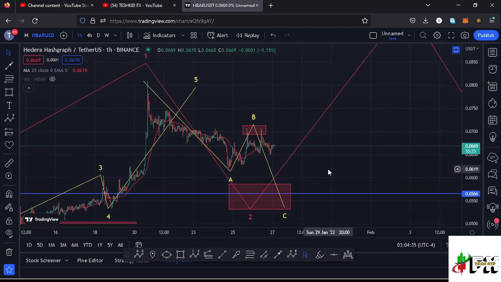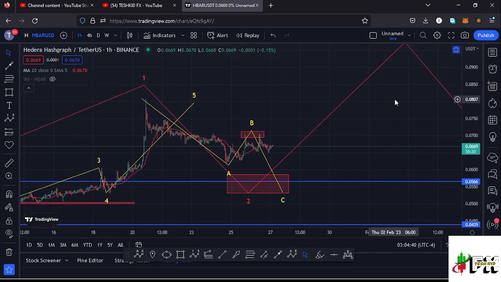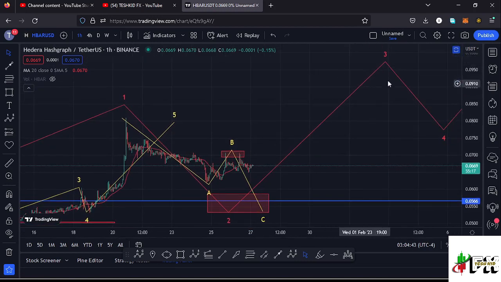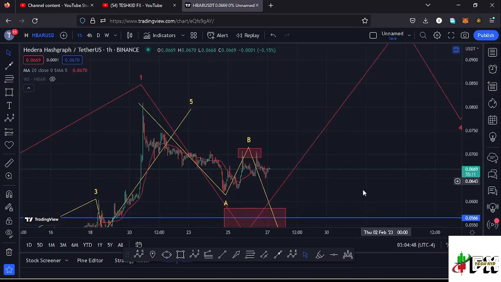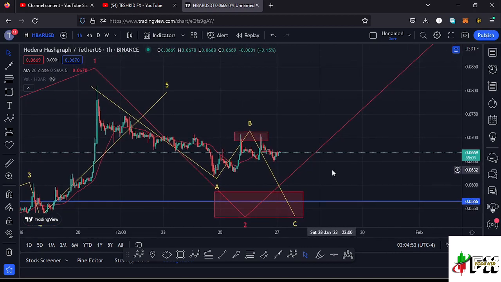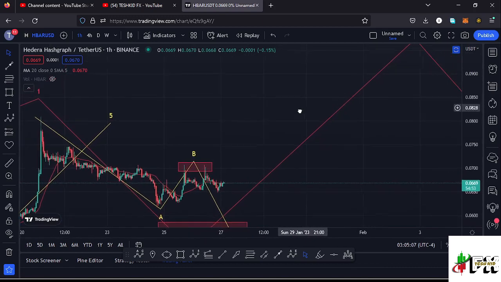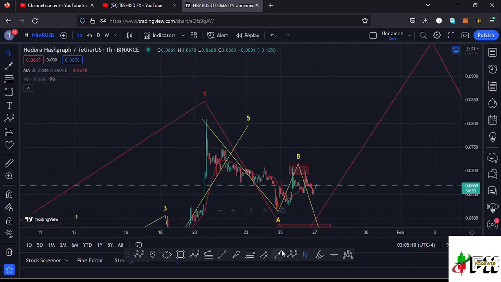There are chances of seeing a reversal from the prices that we are trading within, and in case that happens, then I'll be expecting an impulsive wave to the upside in the formation of this higher Elliott wave count 3. So there are chances of seeing a recovery from the prices that we are seeing and not fully maximizing our target area to the lower side in the formation of that wave 2. And for that to happen, we also need to manage to break above the 20-day MA so that we can have the support that we need to continue pushing even higher and also see an explosive move, that is an impulsive wave, for us to fully confirm that we are back in the formation of that wave 3, and also manage to break above the wave 1 high, which perfectly lies at around the